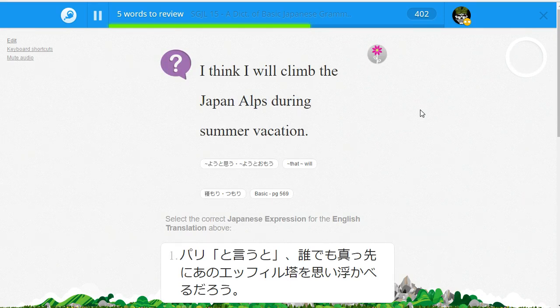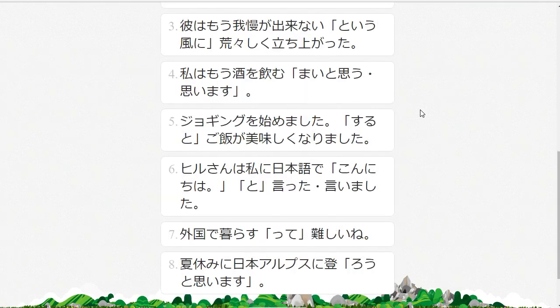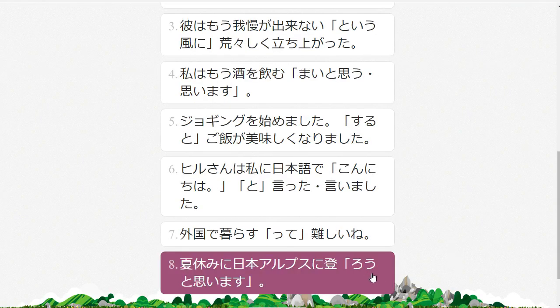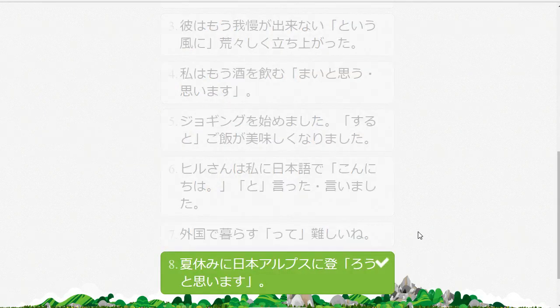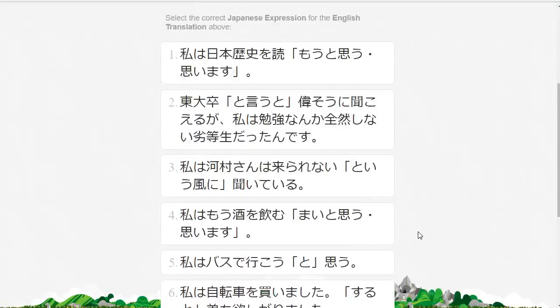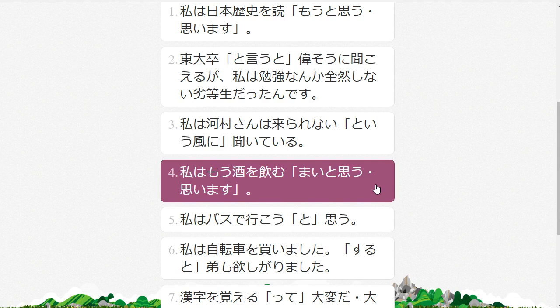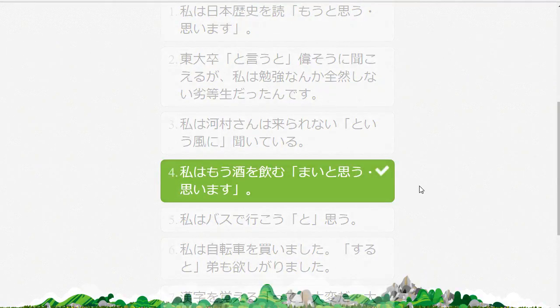夏休みに日本アルプスに登ろうと思います。夏休みに日本アルプスに登ろうと思っていると思います。Okay. 私はお酒を飲むまいと思います。私はもう酒を飲まないと思います。Okay. 私はもう酒を飲むまいと思います。